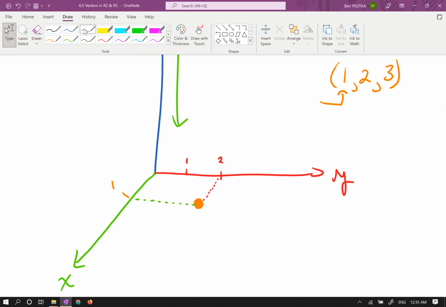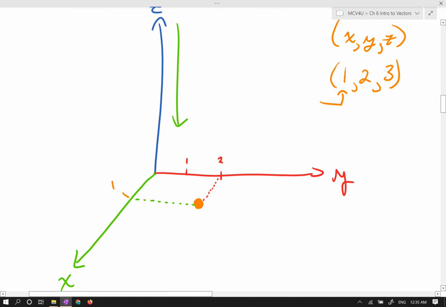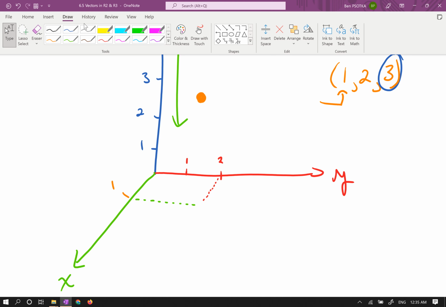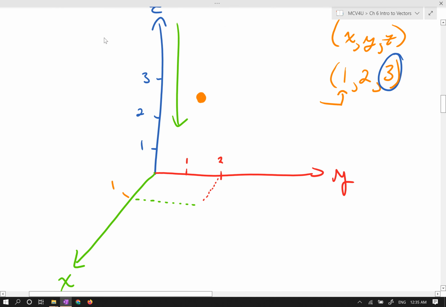And then I need to work with my z direction. So now I've gone with my x coordinate of 1. I've gone with my y coordinate of 2. Now I need to work with my z coordinate of 3. Z here is up or down. So if I'm going up 3, up is positive z, then I'm going up 3 units, something like this. And I'm just obviously guessing here, but say 1, 2, and 3, where we're playing around, and we could visualize, I'm hoping you can follow along here, we could